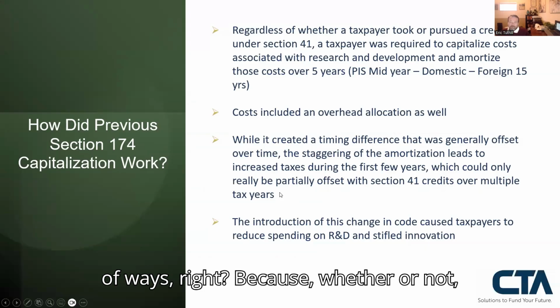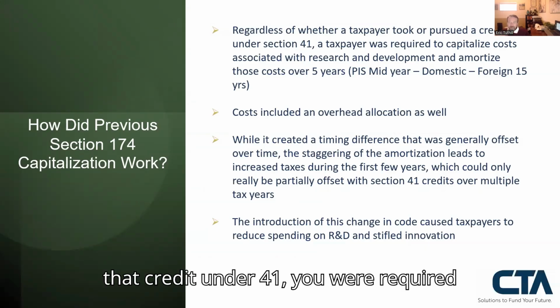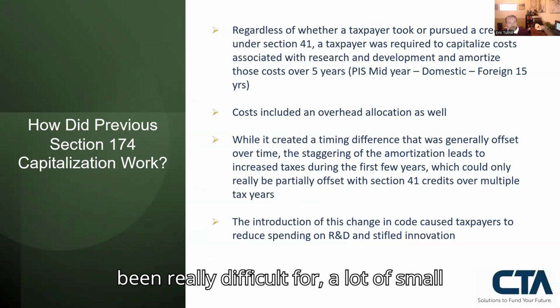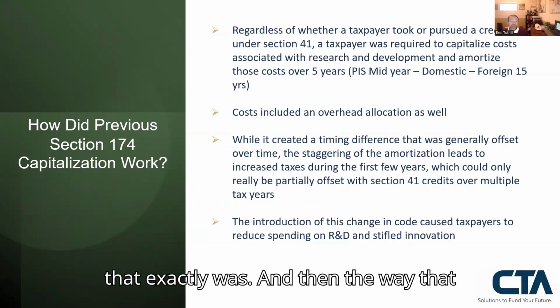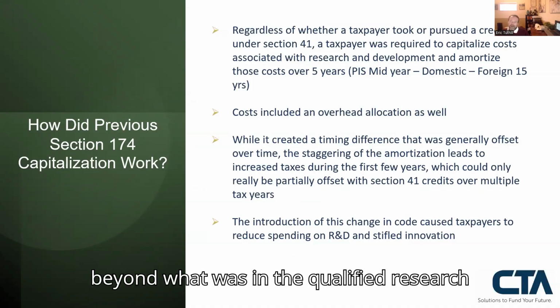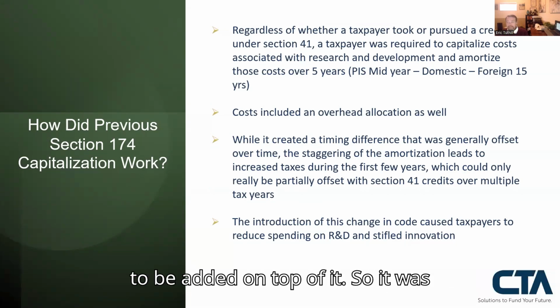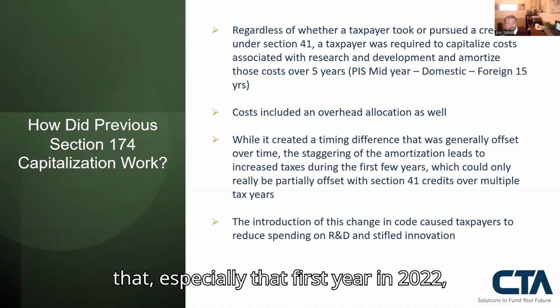Because whether or not we pursued that credit under 41, you were required to capitalize costs. And it would have been really difficult for a lot of small business taxpayers to understand what that exactly was. And then the way that it worked, there was a forced capitalization that was above and beyond what was in the qualified research expenditures, and you had your administrative overhead costs that needed to be added on top of it. So it was extremely damaging in terms of the amount, especially that first year in 2022,